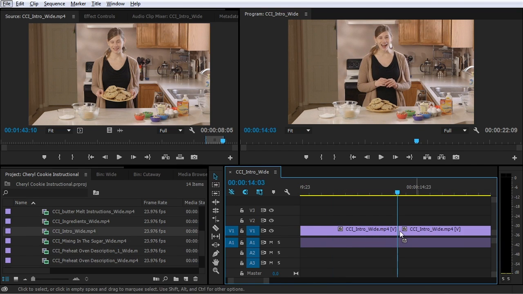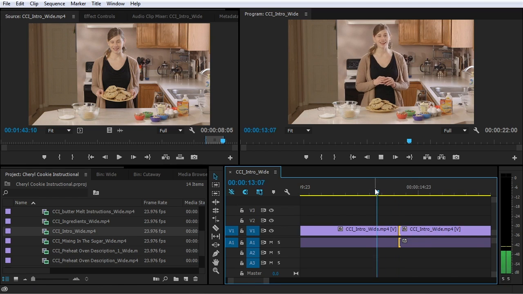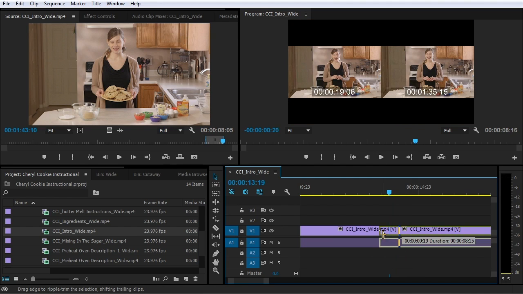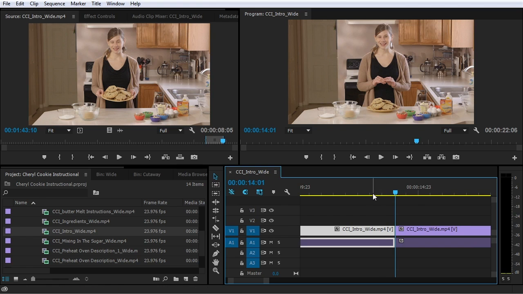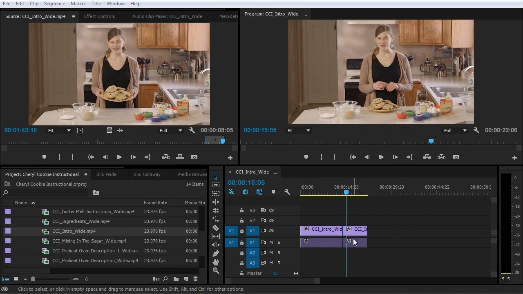I think what I'll probably do is take this part of the clip and just pull it to the right just a little bit by holding Control and performing a ripple edit. "Easy. Hi." That was a little bit too much. Let me scooch that back just a little bit, by a few frames. Maybe I'll take this clip here and scooch it back with a ripple edit in this direction. "Easy. Hi, my name is Cheryl Ziegler." So that's not the smoothest transition,